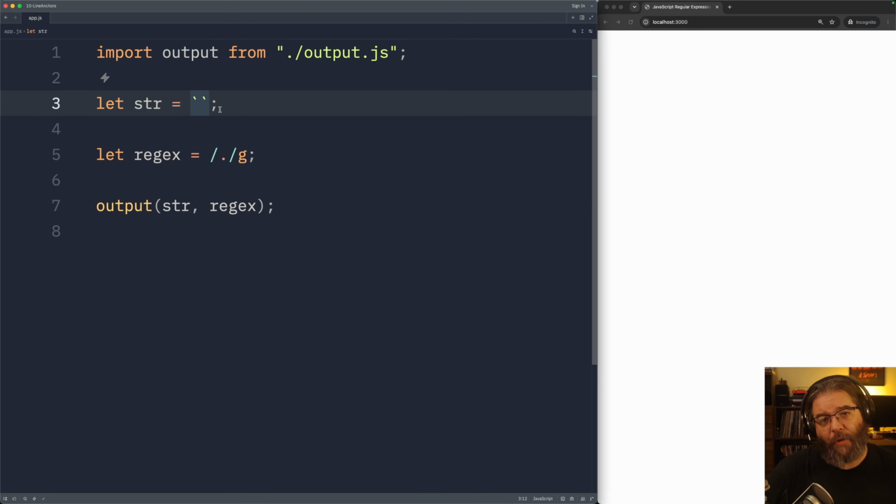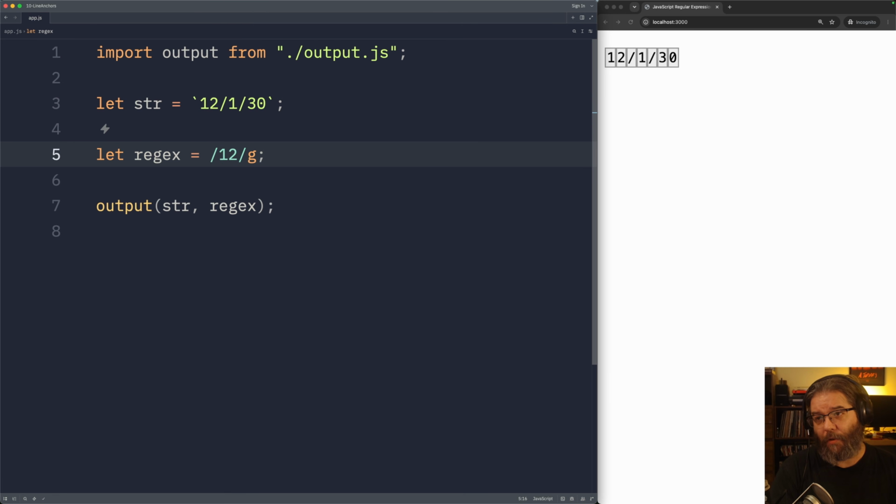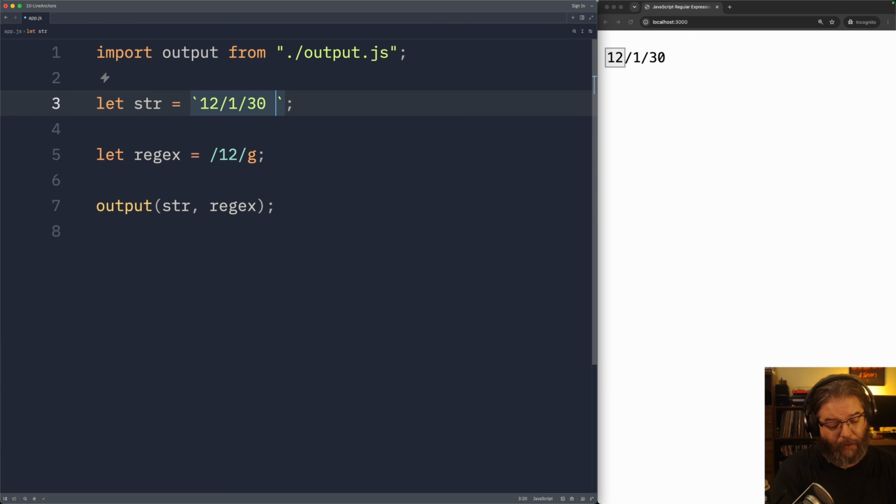When we want to capture the beginning or end of a line in JavaScript regular expressions, we can use something called line anchors. So I'm going to set up a date here of 12/1/30. I'm going to come down here and say I want to capture the 12, right? That works great. But if I add another date after this, and I'll say